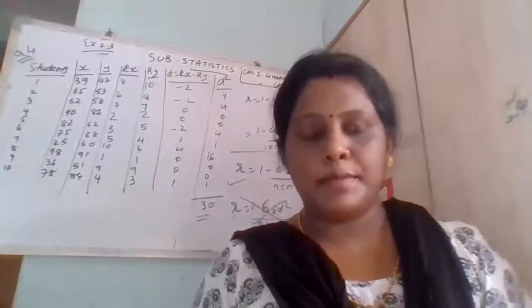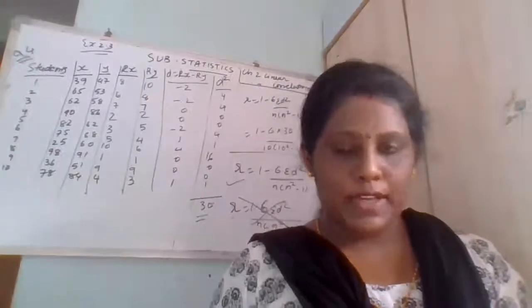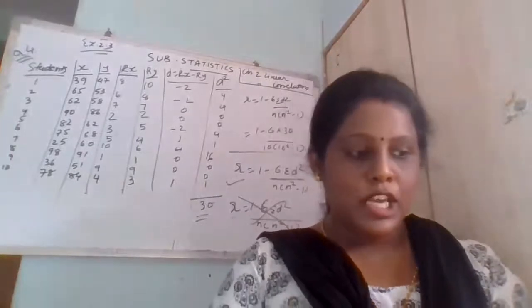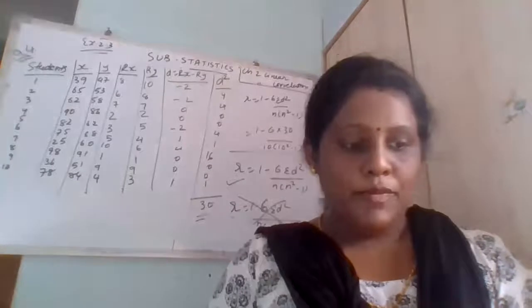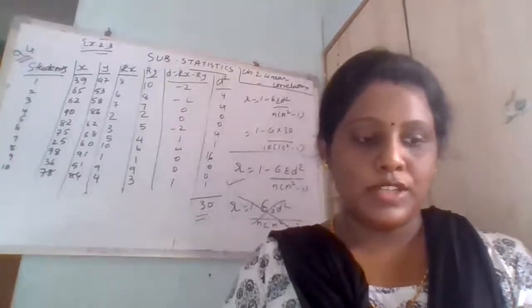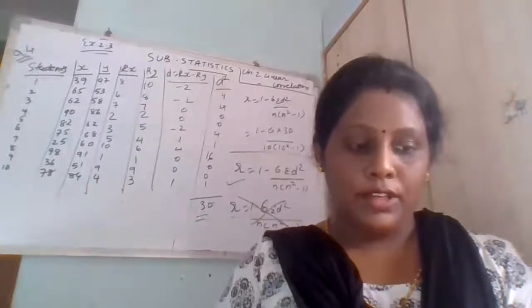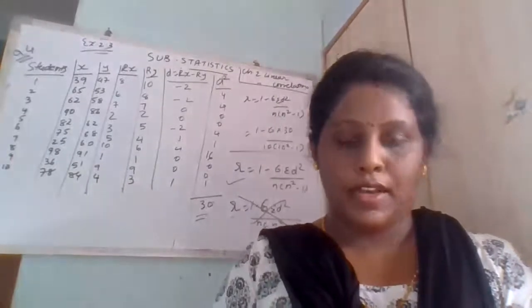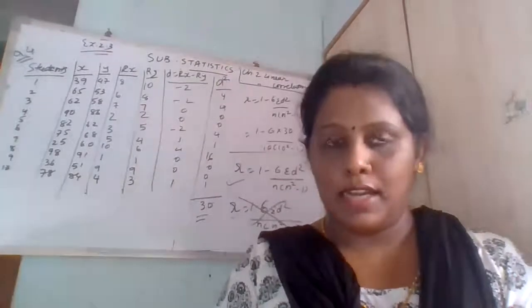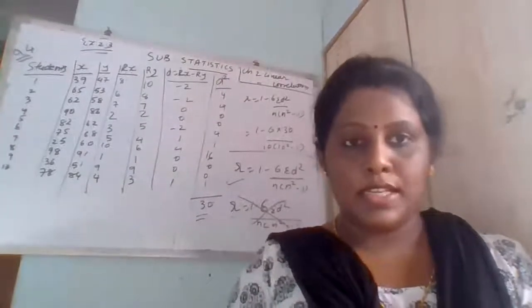Now I am going to explain the next sum, that is sum number 5. Sum number 5 is a little bit different and its formula is also a little bit different. So let's see the question. From the following information of height of husband and wife, calculate the rank correlation coefficient between their height. Height of husband is given and height of wife is given. That is x and y, not Rx and Ry. Okay, remember that much. So let's see the solution.